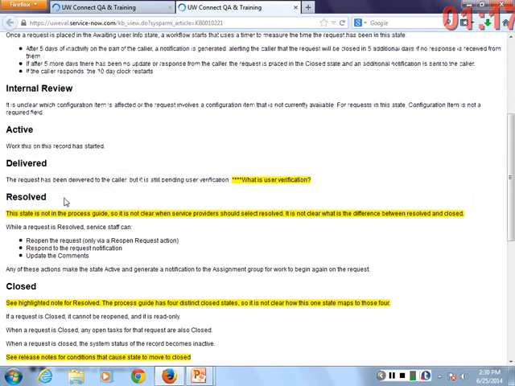Let's talk a little bit about resolved. Resolved is a status that you would put it in, or the state you would put it in, if you believe you've actually fulfilled the client's request and don't expect any further follow-up. What will happen is they have 3 days to object. So they can click on a link to open, or they can reply within 3 business days, and that will actually make this request active again. If they don't reply within 3 days, it's automatically going to move to the closed state, and they cannot reopen that request. If they wish, they can click and make a new request within the system, but they can't reopen it after 3 business days.